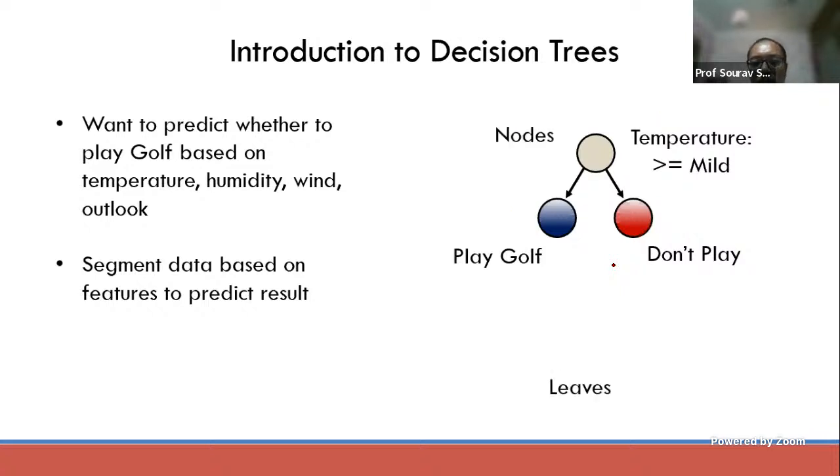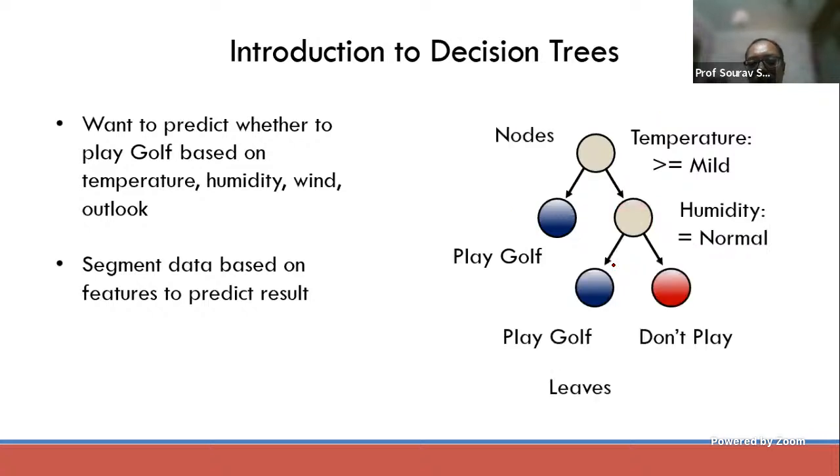Here come some challenges. Let's say that when the temperature is less than mild, the playing golf part is pretty consistent. When the temperature is less than mild, everyone is saying, okay, go out and play golf. Right? But when the temperature is greater than or equal to mild, that is when we have some kind of ambiguity. And again, when I'm saying ambiguity, that is coming from the data. It's not coming randomly, it is coming from the data. So let's say here,